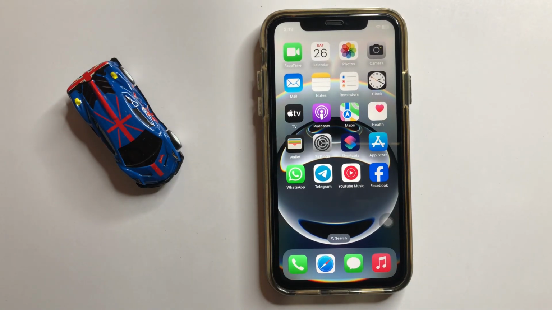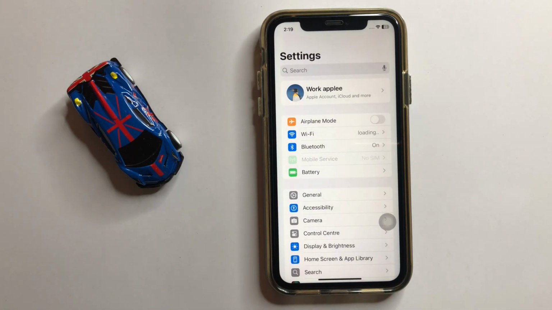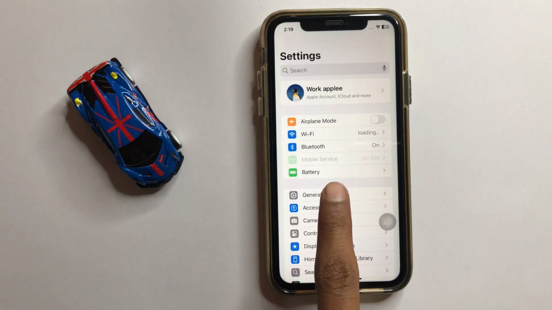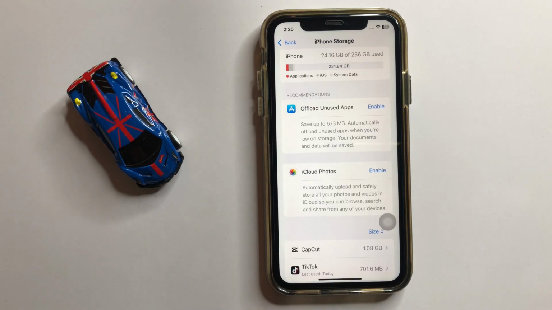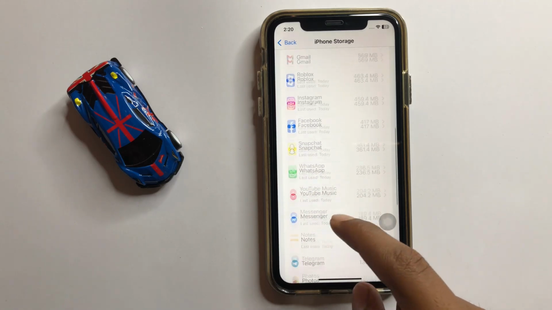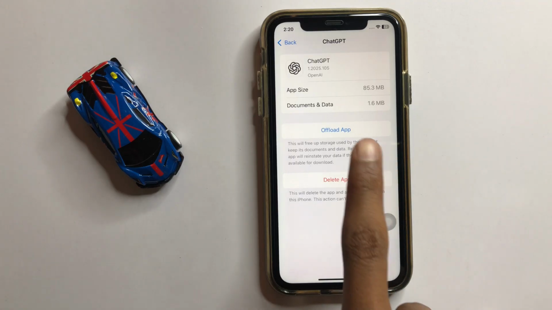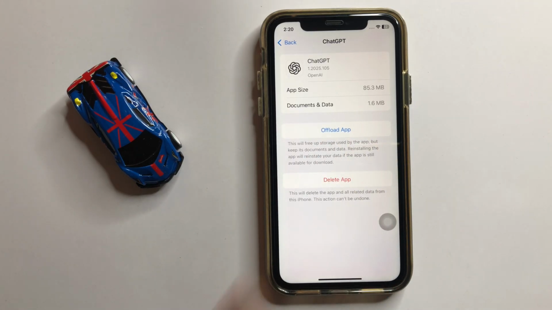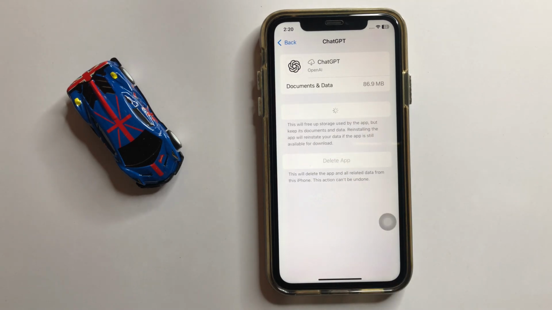If it doesn't fix your problem, then open your settings. In settings, click on general and then click on iPhone storage. In iPhone storage, scroll down and click on ChatGPT. And here you can see the option offload app. Now here you can offload your ChatGPT app and reinstall the app. After doing these steps, your